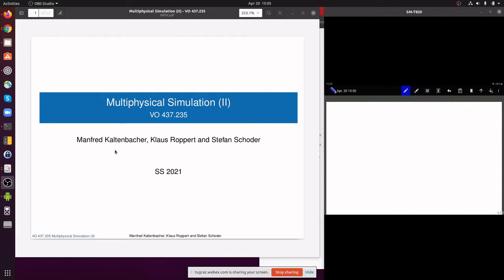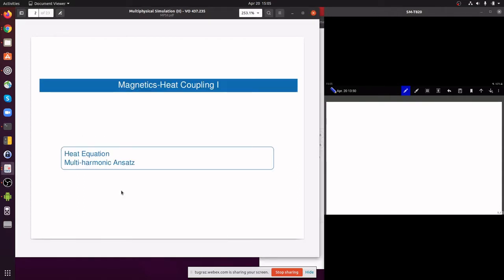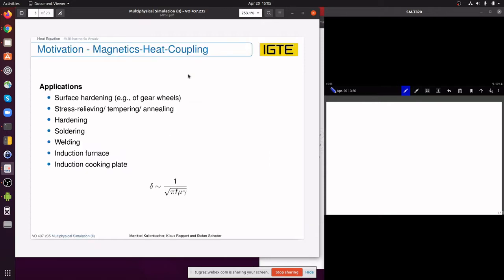Okay, our topic for today and the next two sessions will be induction heating, so magnetics-heat coupling. The topics we'll discuss today are the heat equation and how to handle nonlinearity in the magnetic field problem in frequency domain. Okay, then let's start with an overview of where induction heating is used in industry. So it's mainly used in